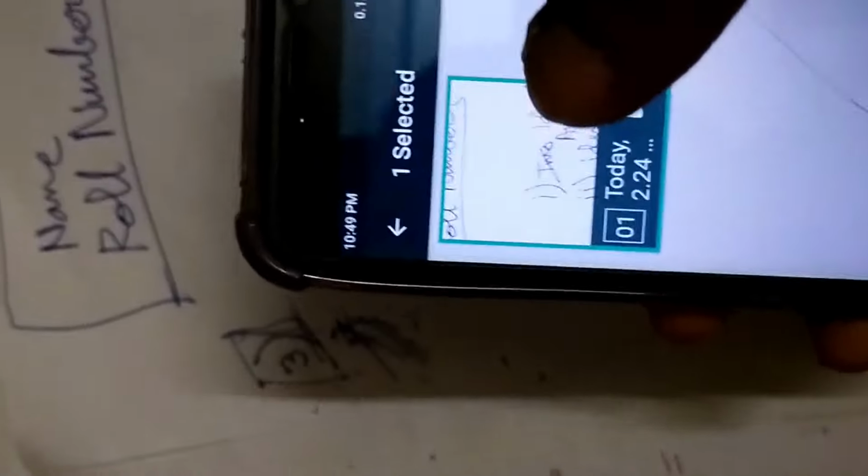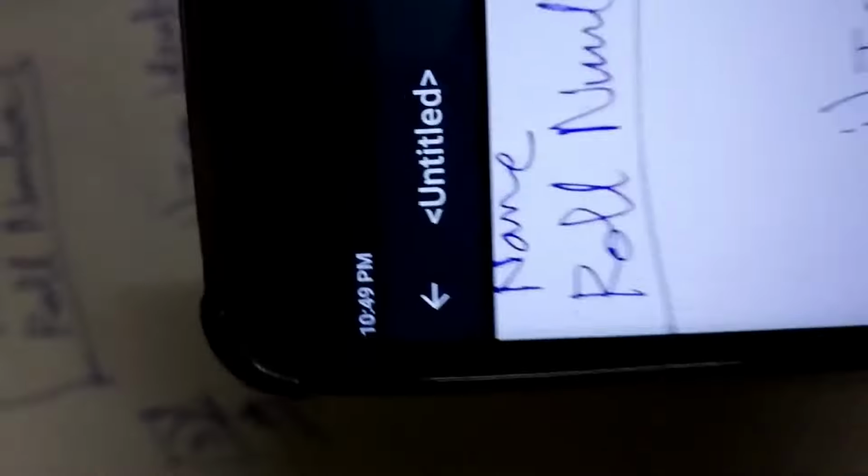Now here one thing I would like to show: as here I am having only one page, it is showing one. However, if I want more, then I need to take some more snaps.